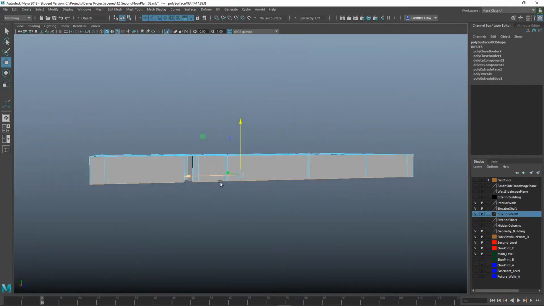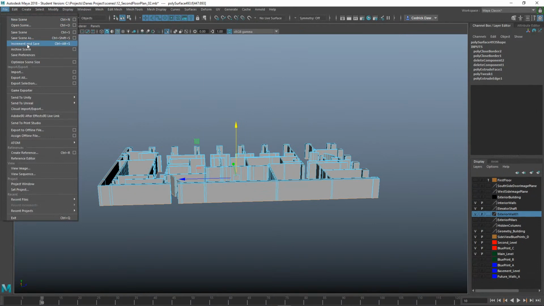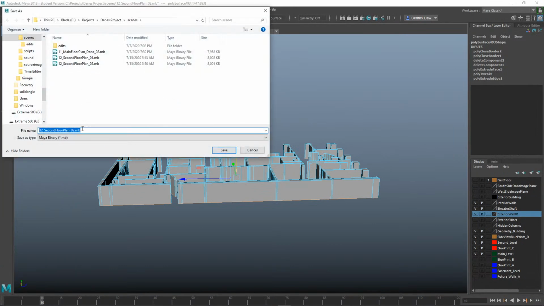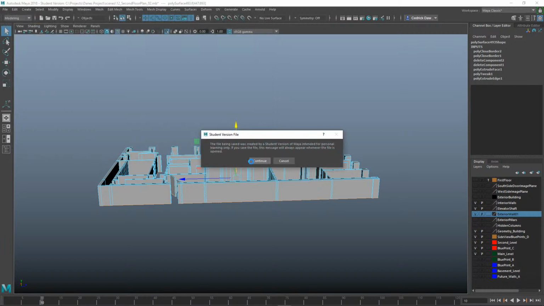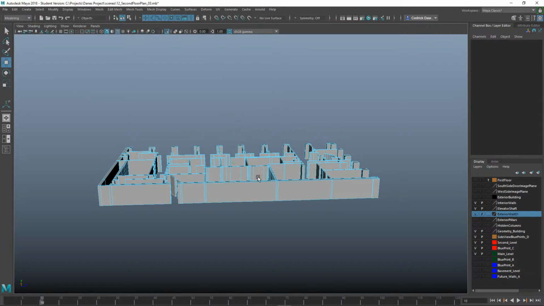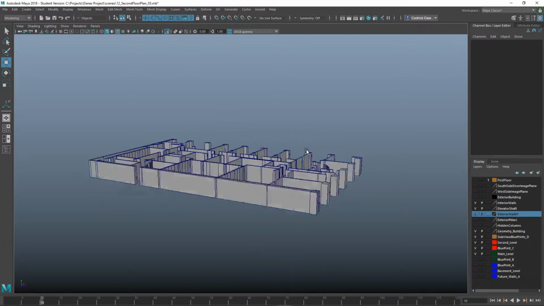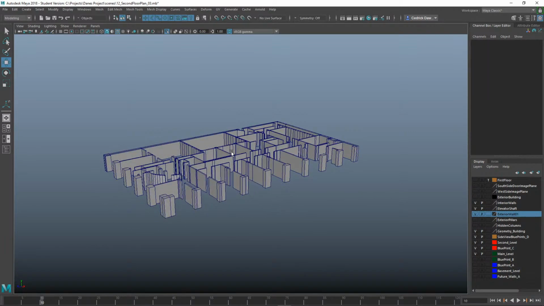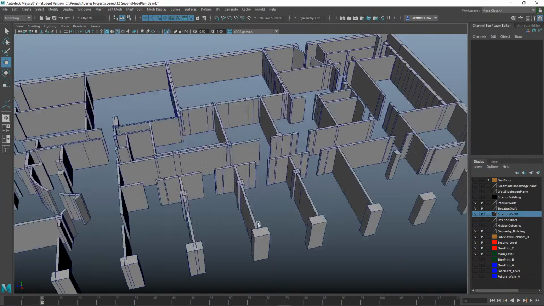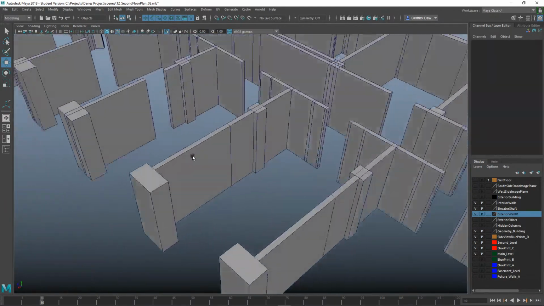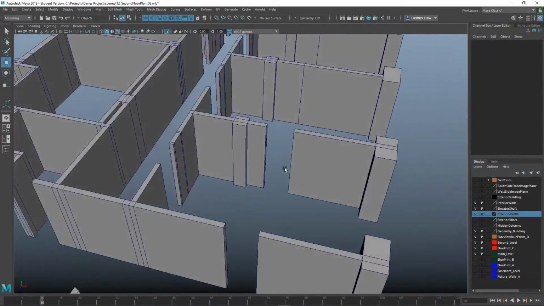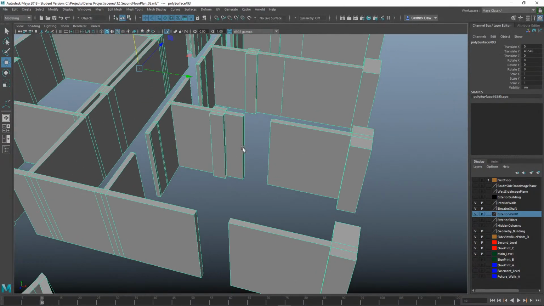But before we delete, let's save the file. Save scene as 03. Press delete. I'll click here, Alt Shift D, and there we go. Now I know that some of these are doorways, entry